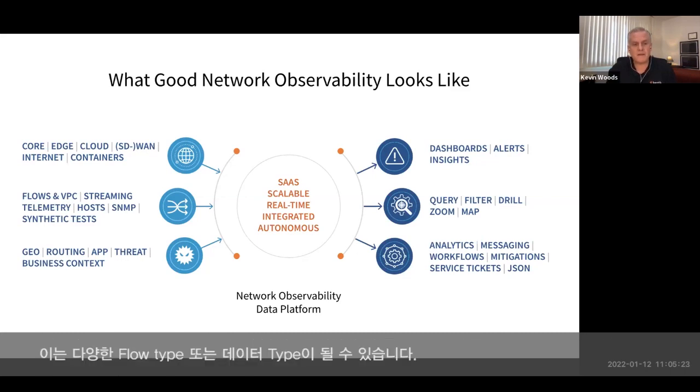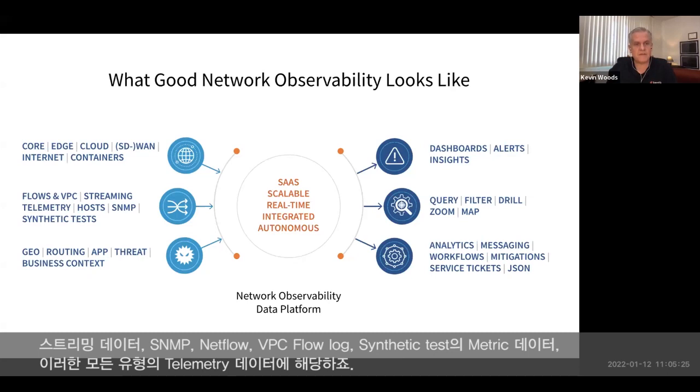That can be a lot of different flow types or data types. So streaming data, SNMP, NetFlow, VPC flow logs, metric data from synthetic tests, all of those different types of